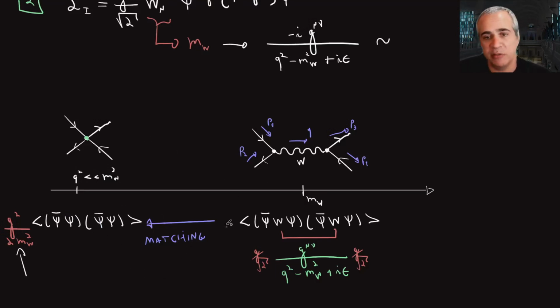This is not always possible. Sometimes, in fact, historically, this very interaction was discovered in this direction. People first noticed that weak decays could be described by this 4 fermion interaction, which was not renormalizable. As we have said, that's not a problem if you have some suppressing scale, and the suppressing scale here is powers of MW. You can see that if I try to use the same interaction to build a 6 fermion interaction, I'll have an even higher power of MW, some MW to the 4th or something. So there's no problem with this non-renormalizable interaction.